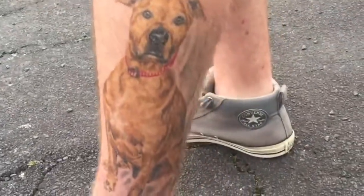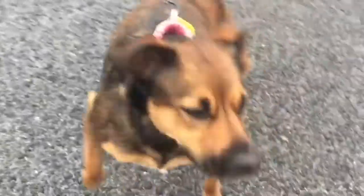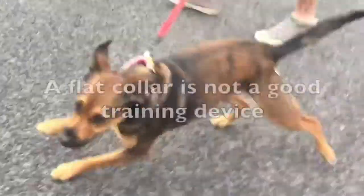This guy loves his dog. That is a real tattoo he's got on his leg of his dog here. That's true love. Now, first of all, I just wanted to point out that she's wearing a collar, and a